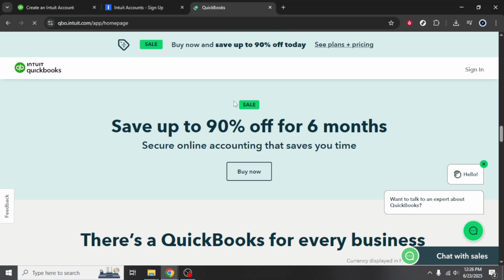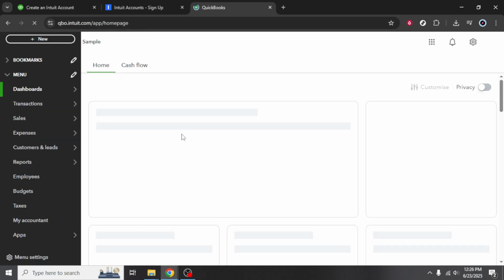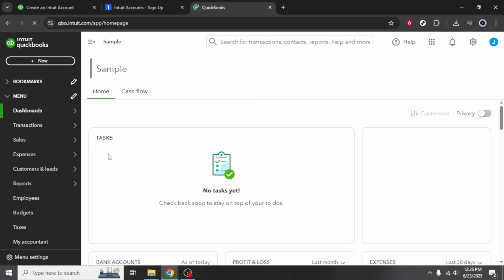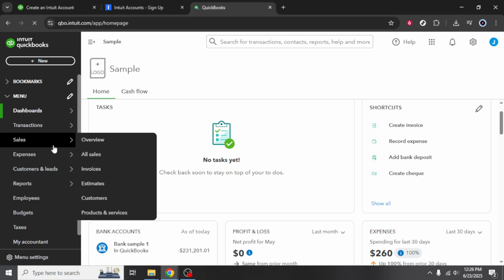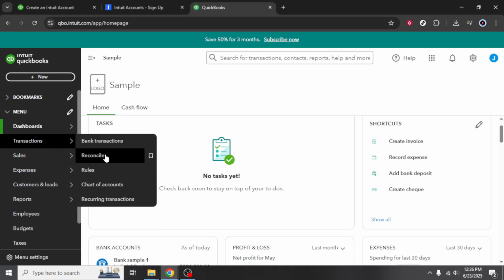You can utilize numerous features such as tracking expenses, generating reports, and syncing your bank accounts. QuickBooks Online is designed to simplify these processes, allowing you to focus more on your business and less on the paperwork. Remember, if you encounter any issues during the login process or while navigating through QuickBooks, Intuit provides helpful customer